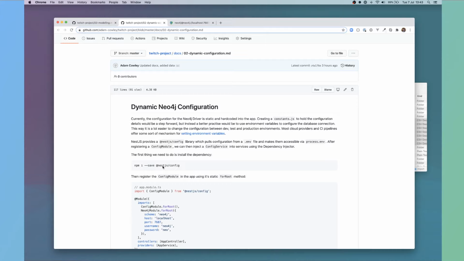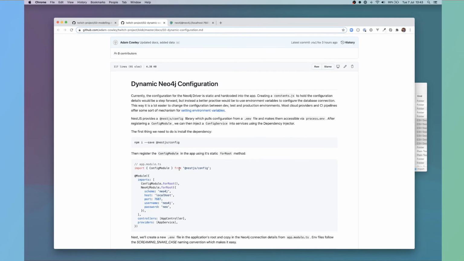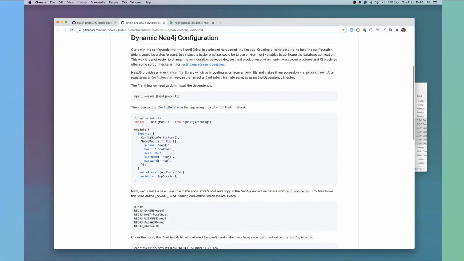So there's a few things to do to change the configuration. The first thing to do is to run npm install @nestjs/config. So then that will give you a config module that you can then register with its forRoot method. So to register it, we can just run that.